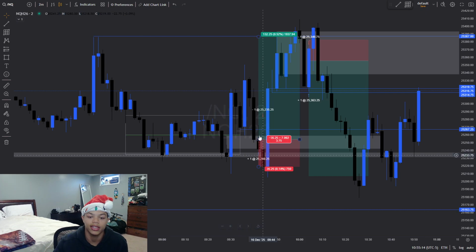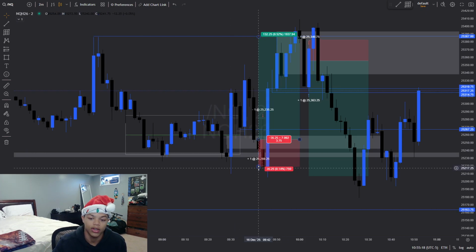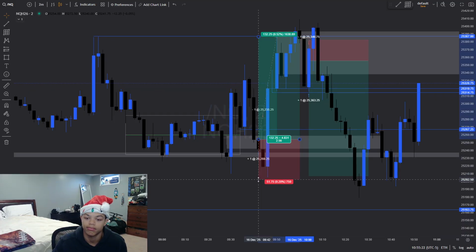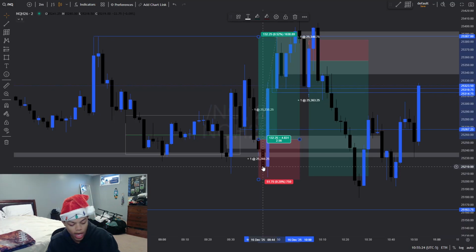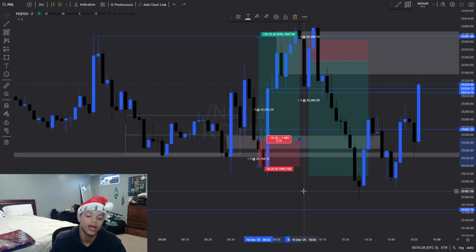So if I'm seeing this on the 2 minute, I want to put my stop loss at this low. So my stop loss should have been here or a little lower than this low, like right there. I should have been barely wicked out. All right, so not wicked out at all.